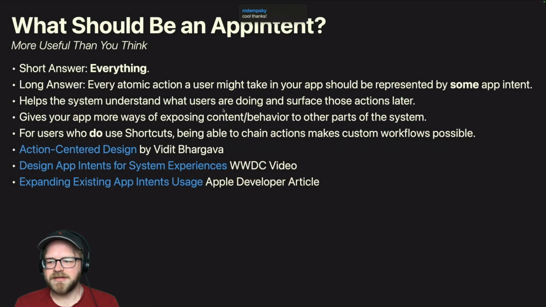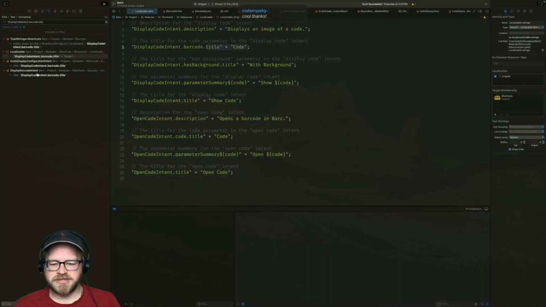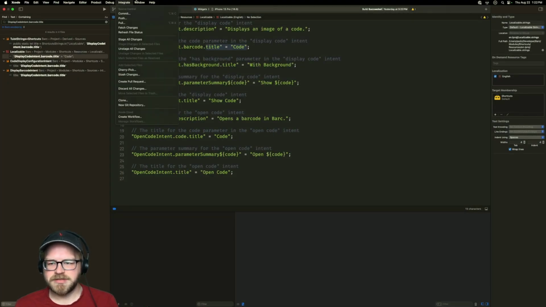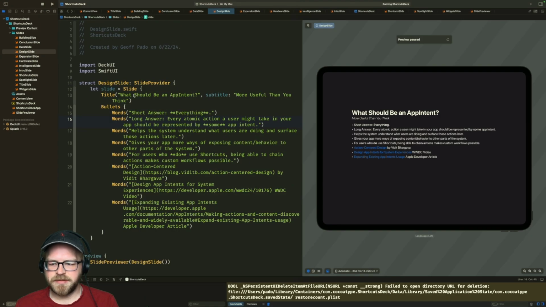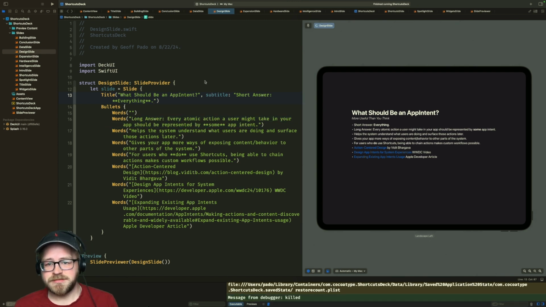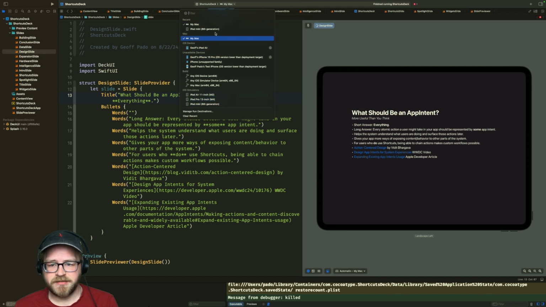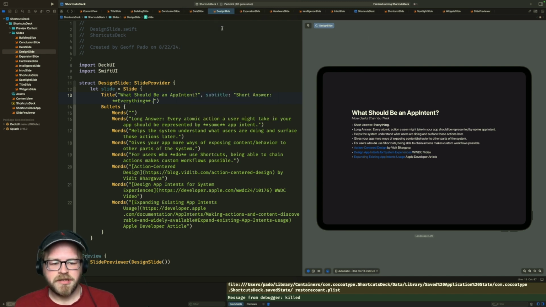And I think what I'm going to do is put short answer, everything. That's going to be my, let's switch back to the other code base. That's going to be my subtitle. I actually put that in the subtitle and it does what I want. I've got to switch back to the iPad, otherwise it won't build. Or the preview. Dang it. Okay, that's a bummer.